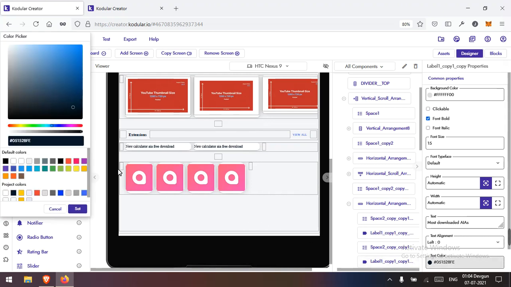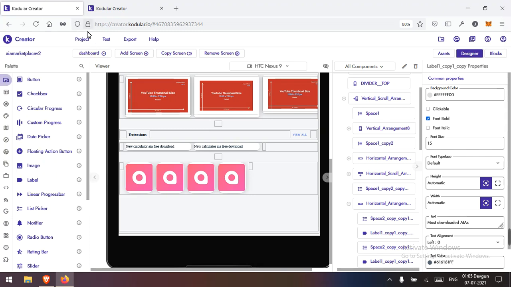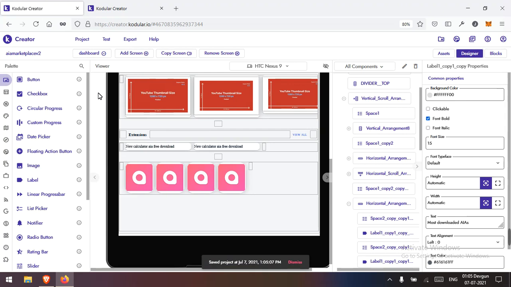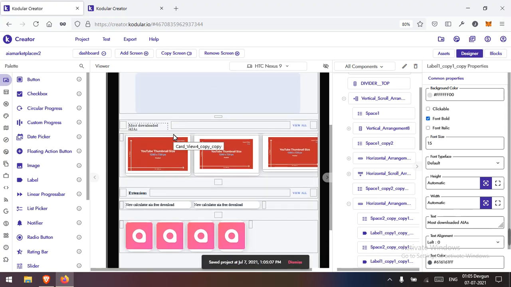Let me try just some like really a light color, and it is loading in my phone. And let me see the, let me make it